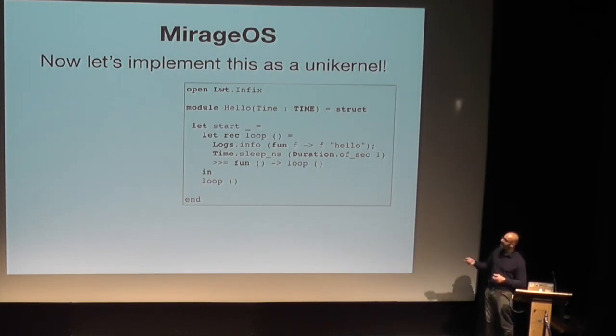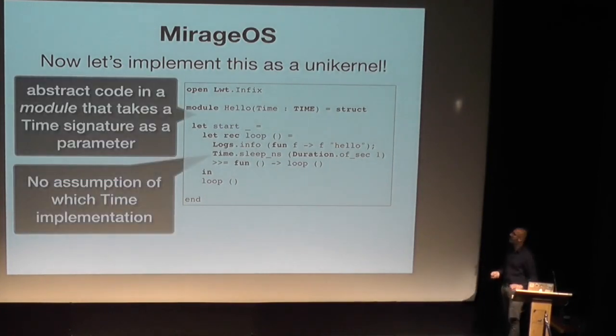And so this looks very much like the previous code, except it's calling a module called time. And time is not Unix.time. It's something that we're requesting from the outside world. And so in OCaml, what you can do is you can say, I can define a module called hello, except this module depends on another module called time, which needs to be supplied to it. And this time has to have a specific set of signatures and so on around it that define functions within the time module. So here you can see, for example, this time module has something called sleep for nanoseconds, but